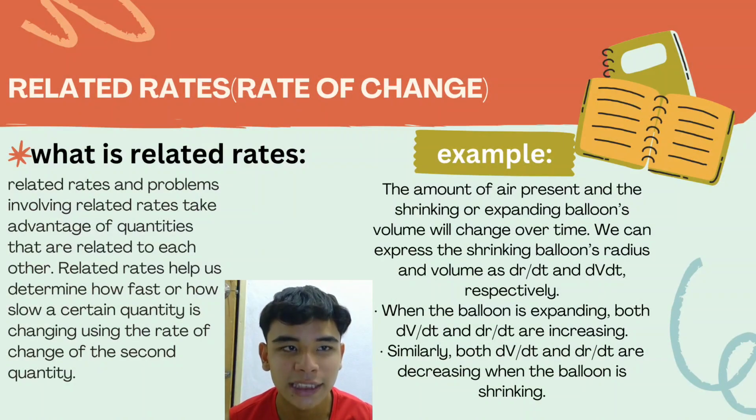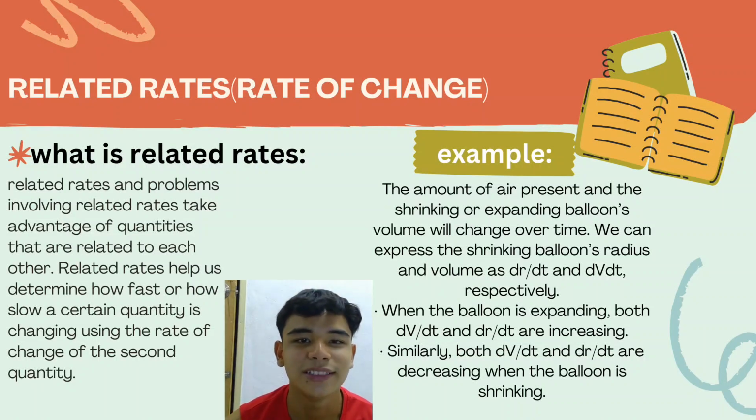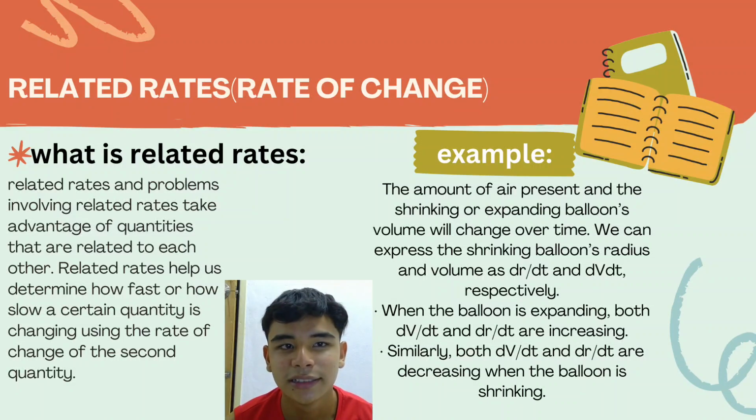Related rates of change. What is related rates? Related rates and problems involving related rates take advantage of quantities that are related to each other. Related rates help us determine how fast or how slow a certain quantity is changing using the rate of change of the second quantity. For example, the amount of air present and the shrinking or expanding of a balloon's volume